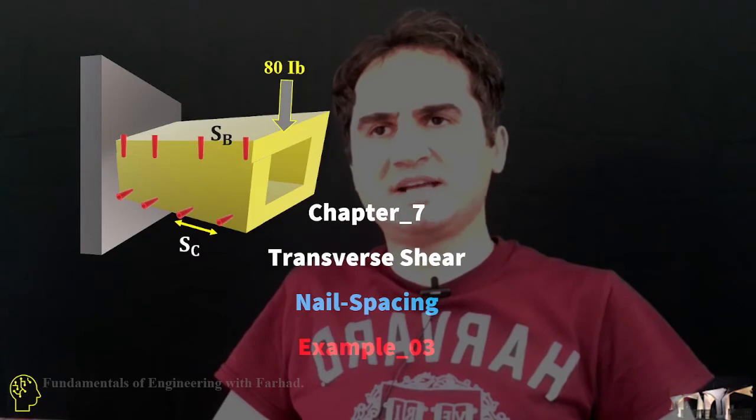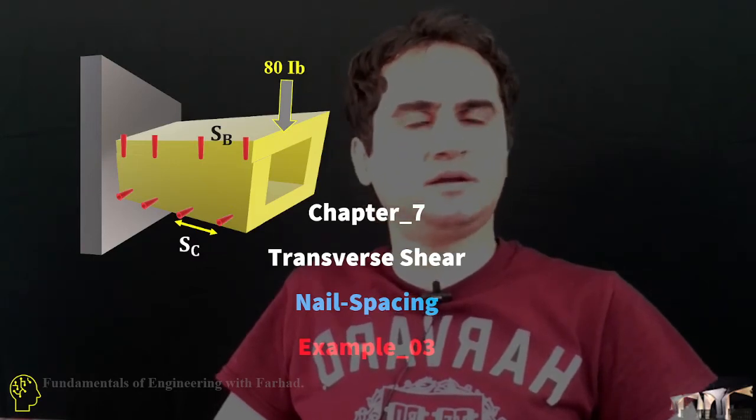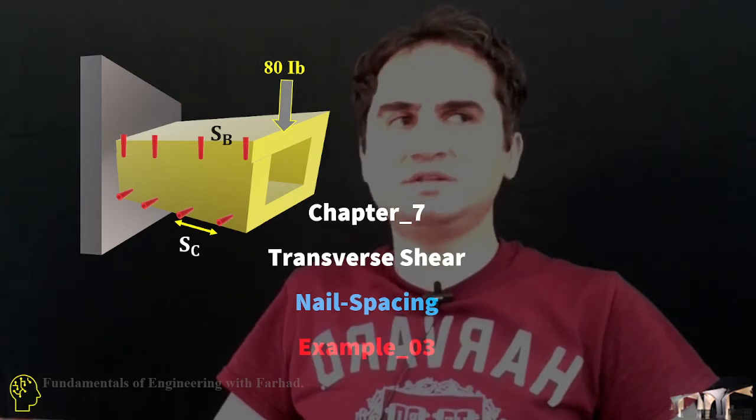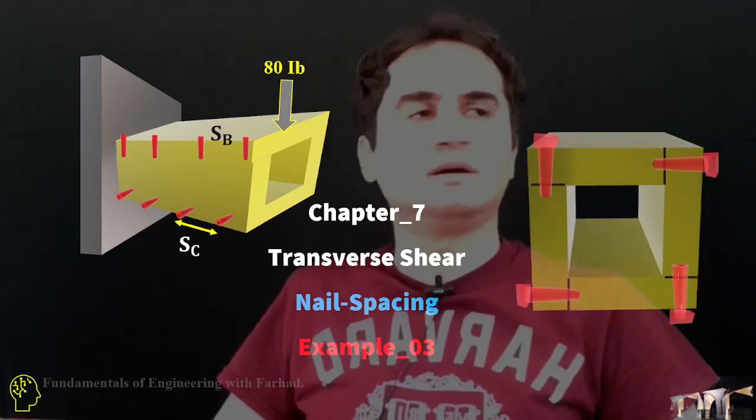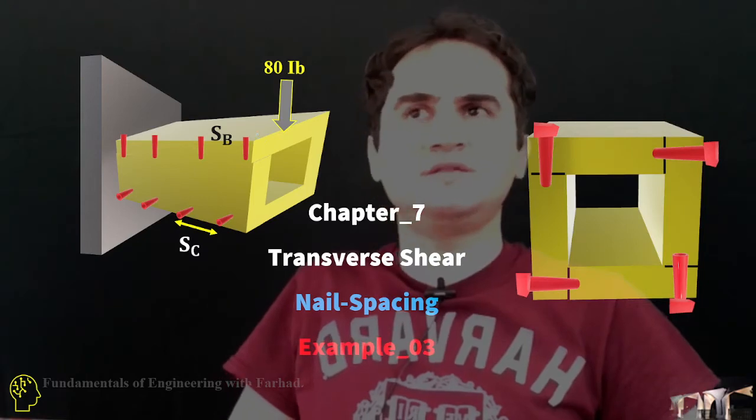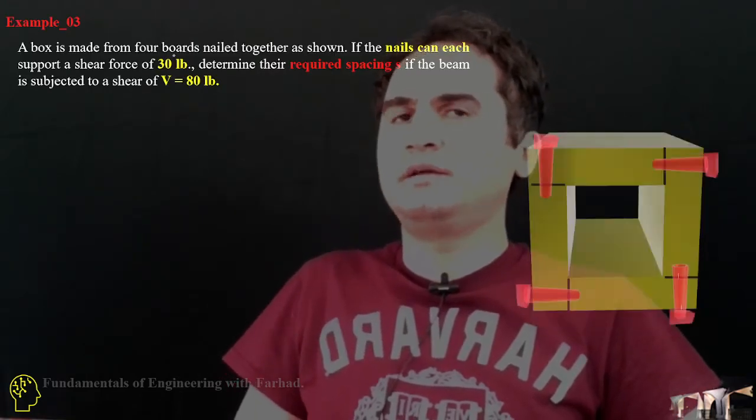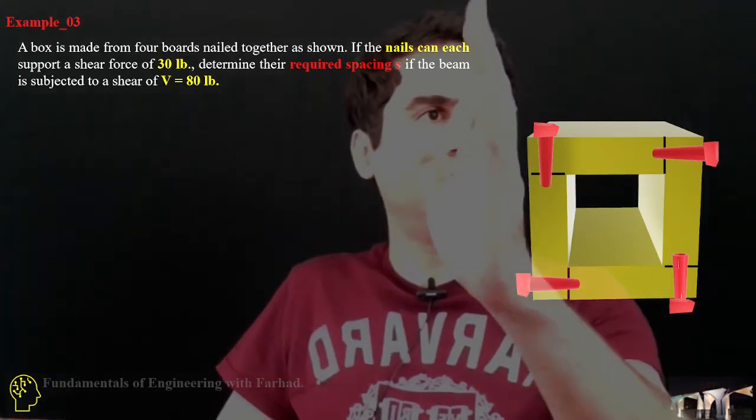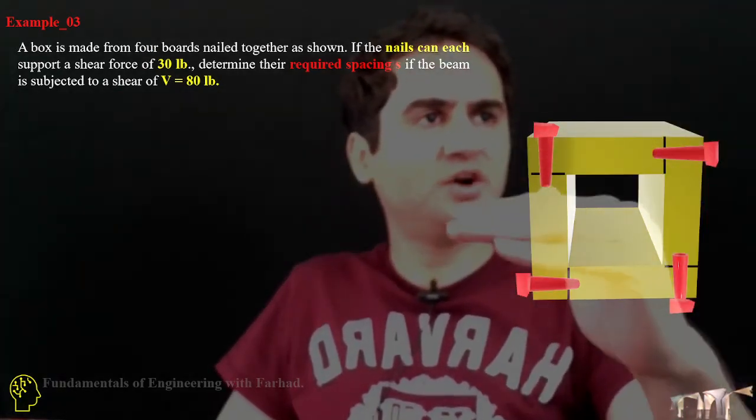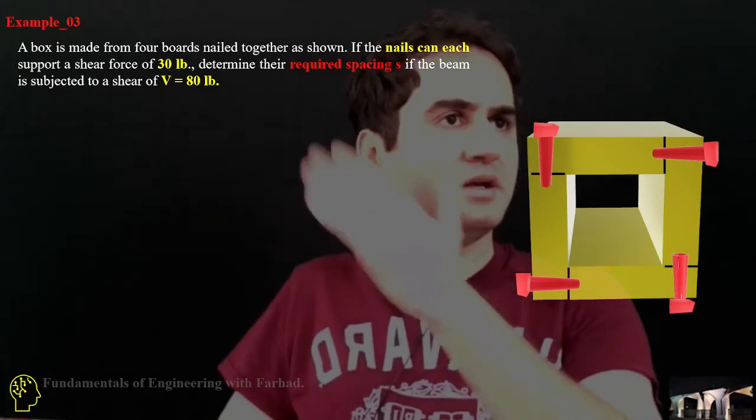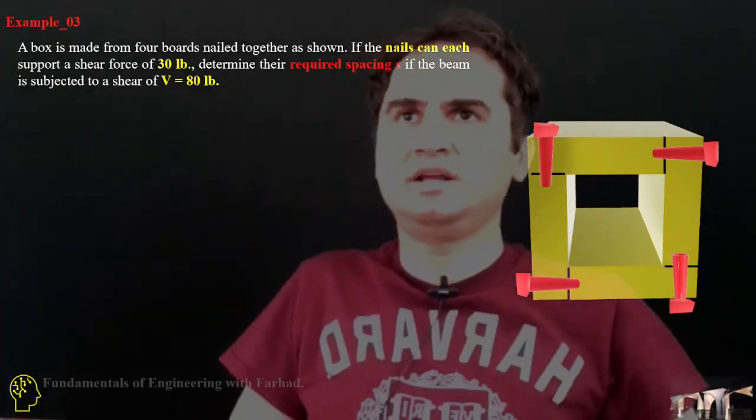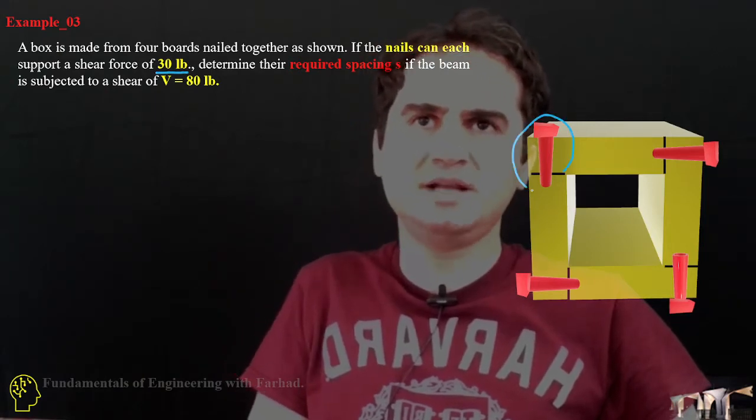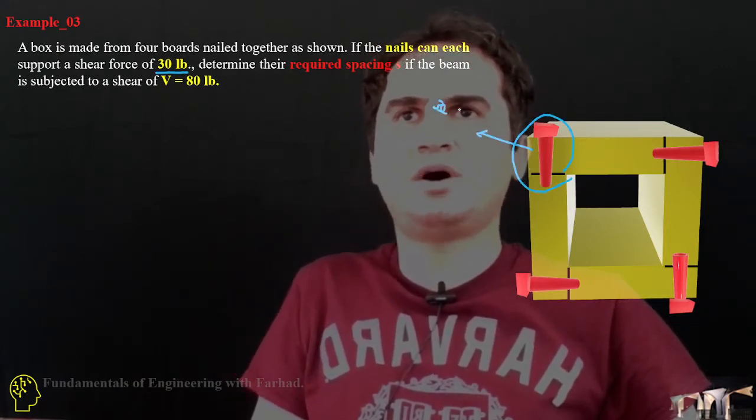Chapter 7, Transverse Shear. Let's solve another example in Chapter 7, Transverse Shear, in terms of nail spacing. This is an interesting problem in which a box consists of four identical boards which are nailed together, and each nail has a capacity of 30 pounds. So each of these nails can stand 30 pounds